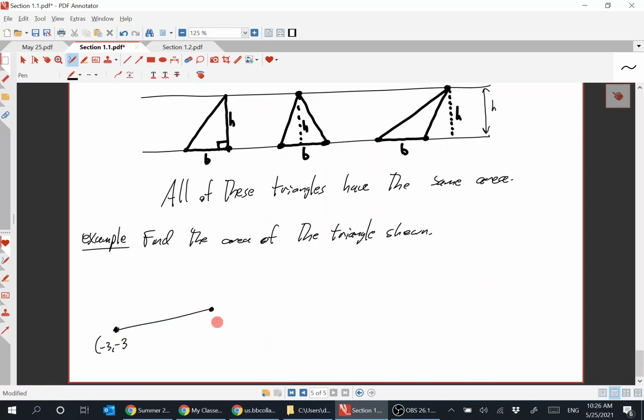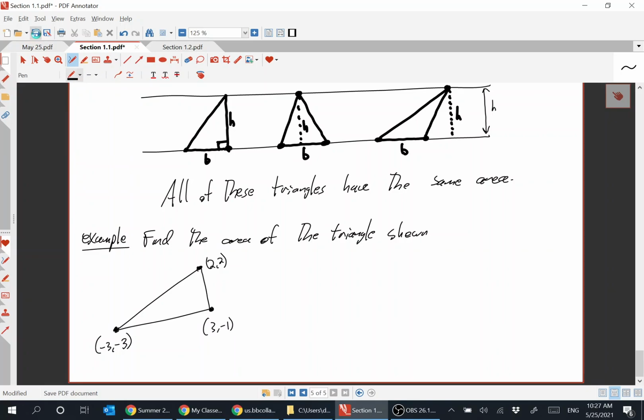This is point 3, -1. And this is point 2, 2. And I want to find that area. Now, I need to know the length of the base, and I need to know the length of the height. Well, it's hard to measure those things,